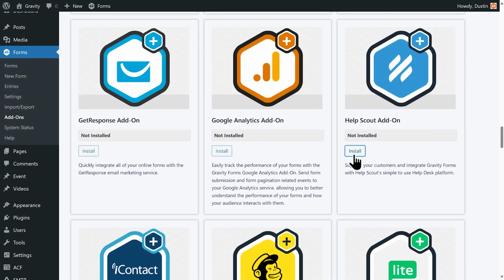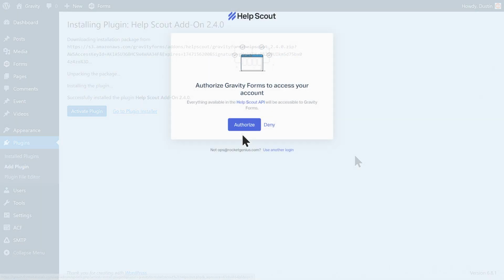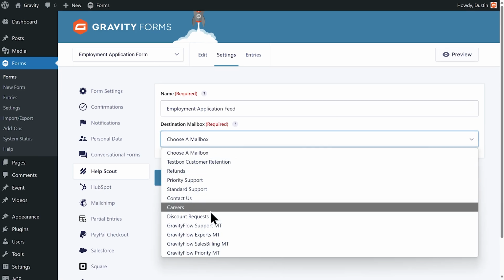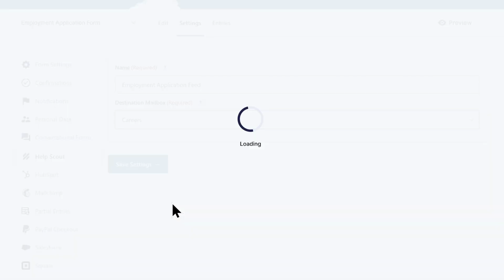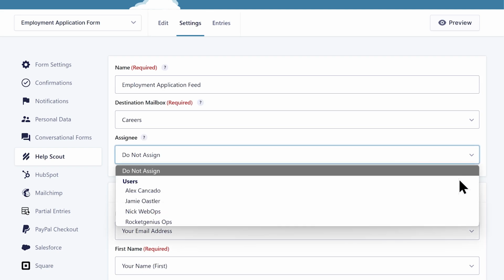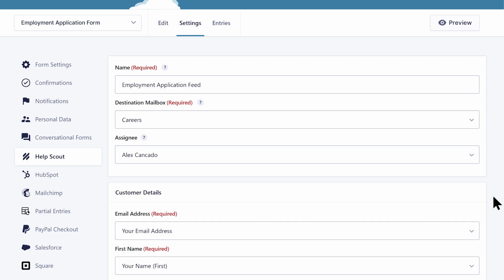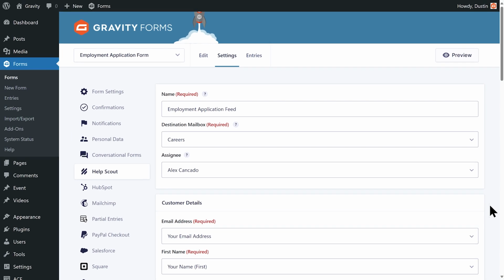To do this, you will need to install the Help Scout add-on and connect with your Help Scout account. Then navigate to the form settings, where you can create a Help Scout feed. Here you have the option of sending applications to a set mailbox in Help Scout and also assigning them to a certain person, which is great for separating application forms out from support tickets and ensuring they reach the right manager. We hope this video gave you an idea on how you can use the file upload field on your